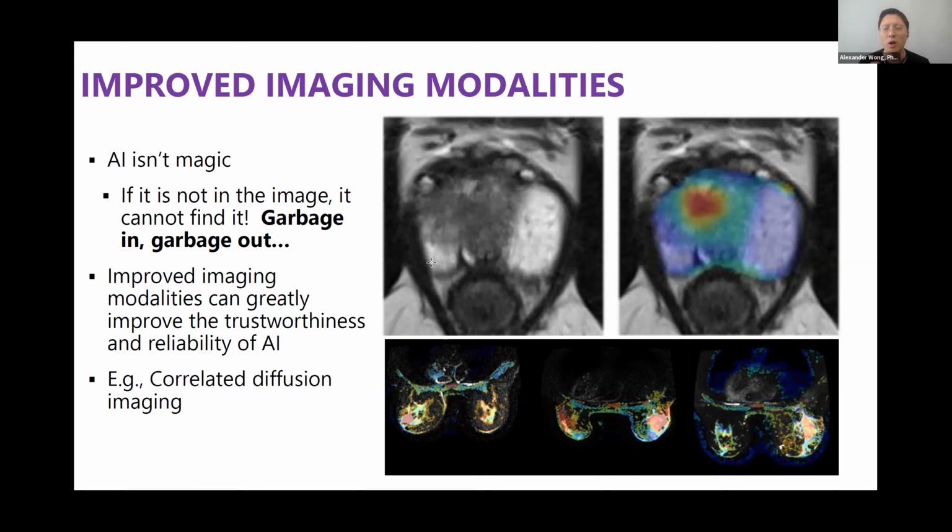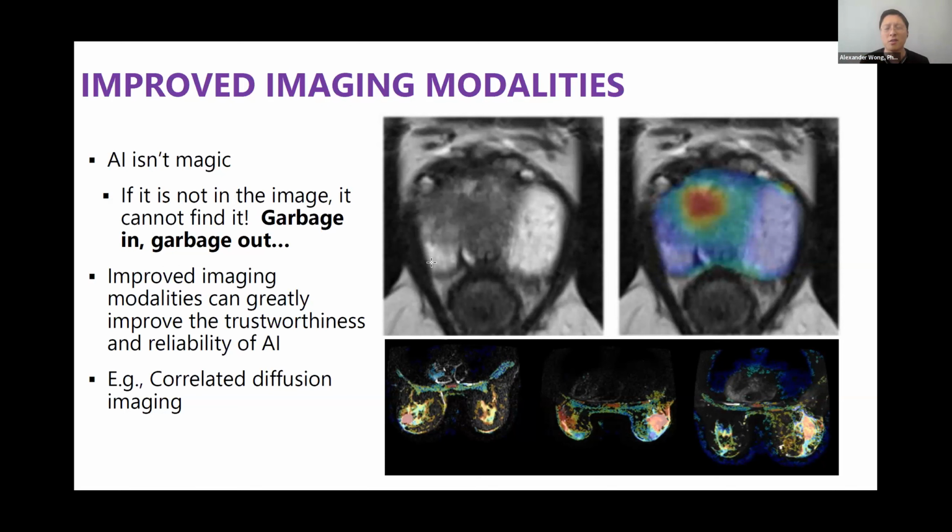And not only where it is, but the exact margin, which is very important for localization as well as focal therapy, right? Instead of removing the entire gland, what they're able to do is just destroy the tissue around that red area and allow for much better recovery while maintaining full functionality. And so this is a very good example where by improving the actual imaging modality, catered around what you're trying to detect, it also allows you to build much better AI.